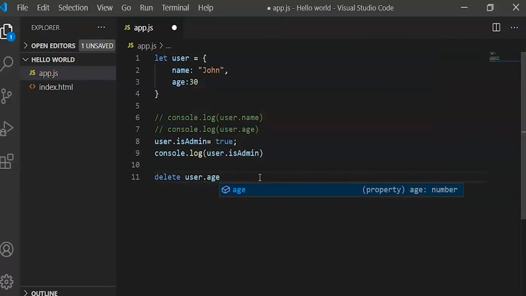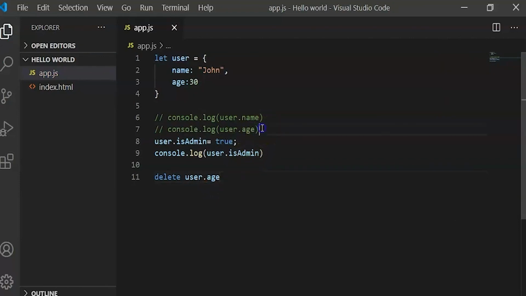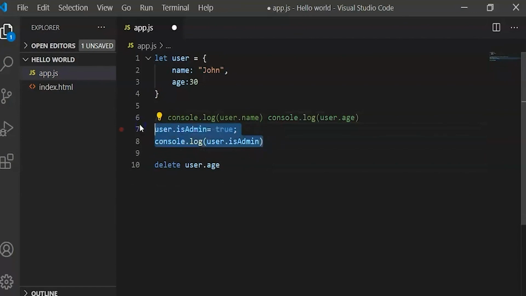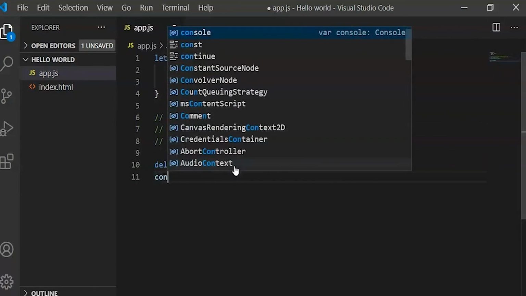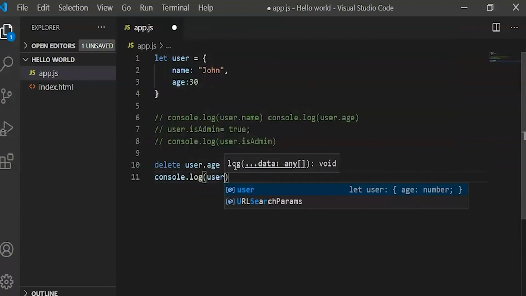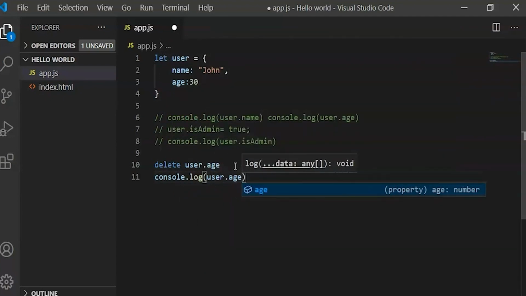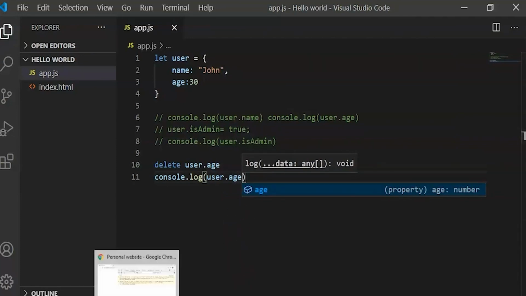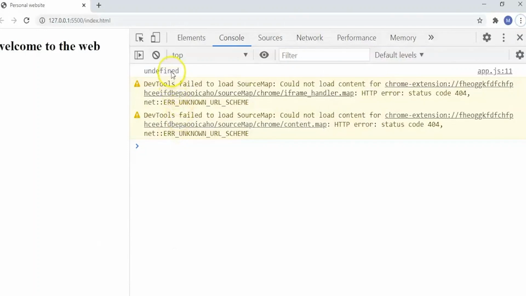And when I save this, and again console.log user.age, I will find an undefined value because the age property is no longer a part of the